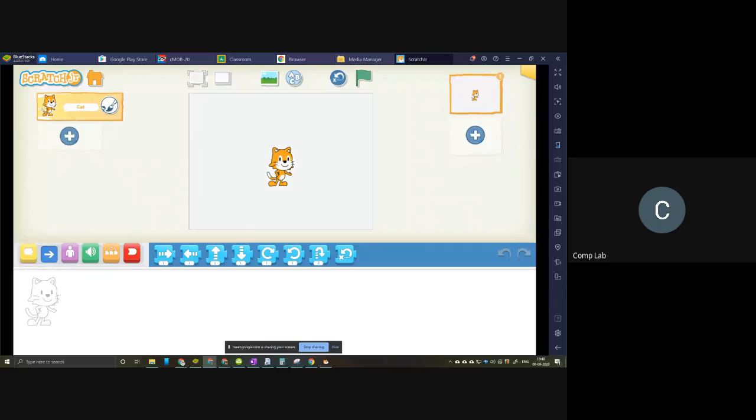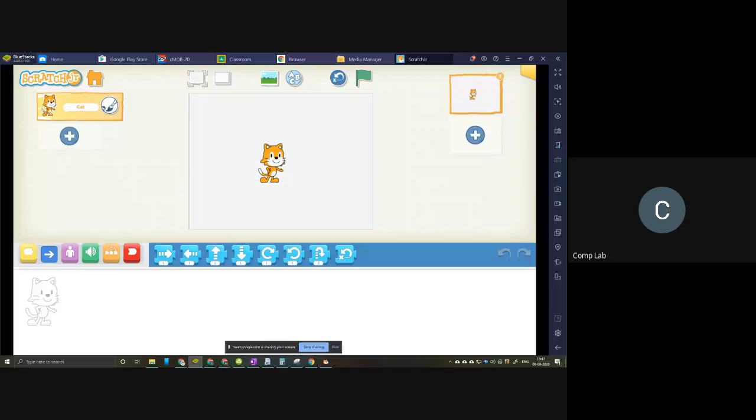Okay, let me just show you. Once you see the presentation, you can do it on your own. Everyone, please listen. Once you see the demo, you can do it on your own. We're just seeing a small demo right here. We're just changing your sprite alone. So let's see how you can change the color of your sprite.